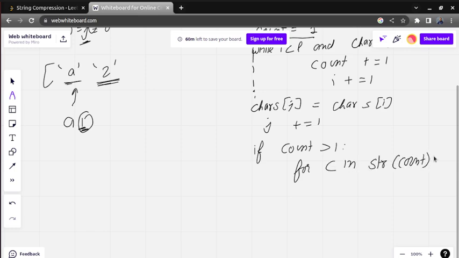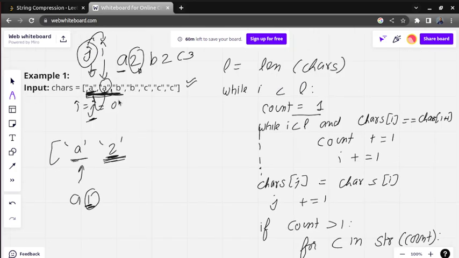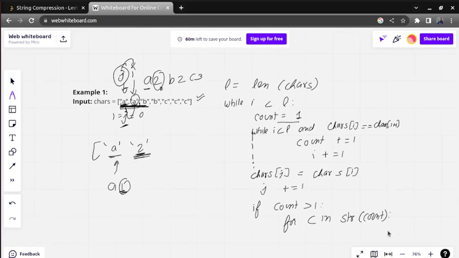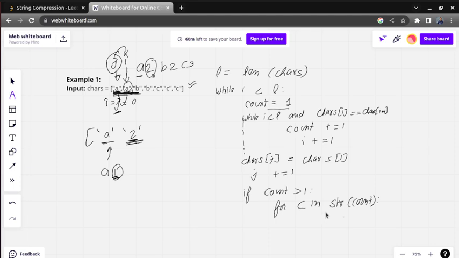We are not going to add directly as an integer, we are going to add it as a string. So for C in str of count, we are going to append char of j is equal to C.